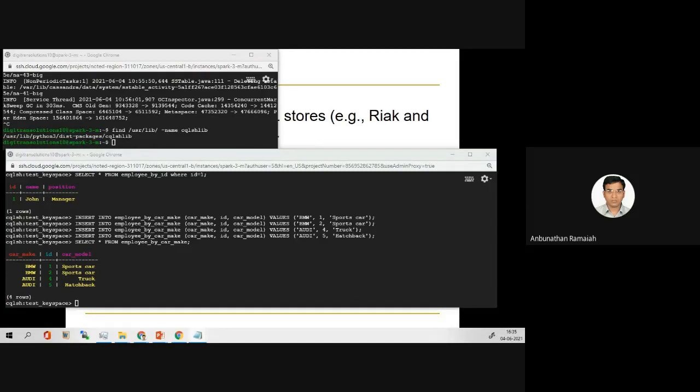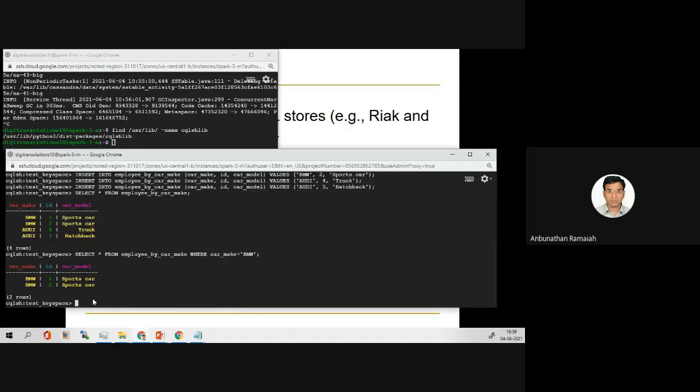If I want to search for a particular model, for example BMW car, then see here, 2 records are fetched. Because Carmack is my primary key, that is why it is displaying in red color. So it is easily picking.